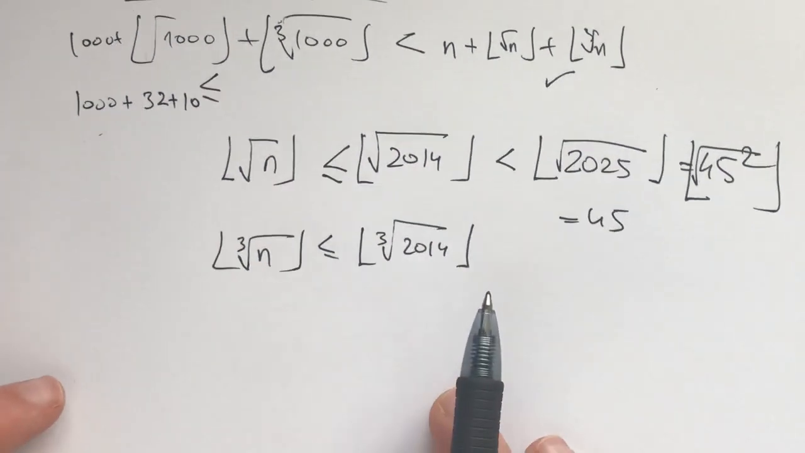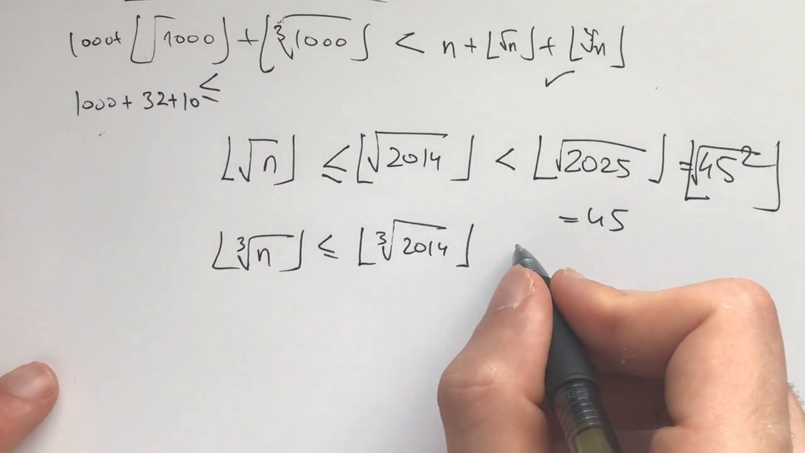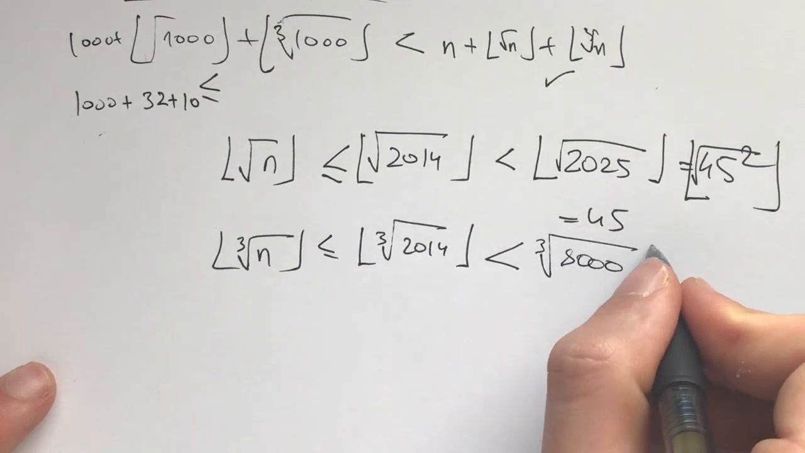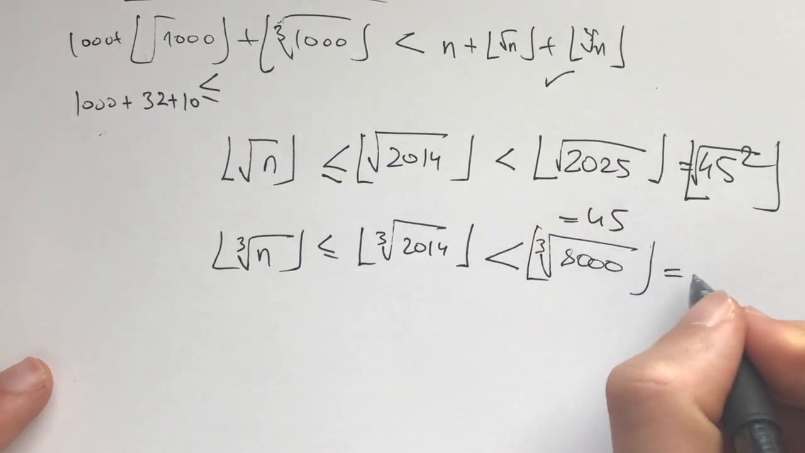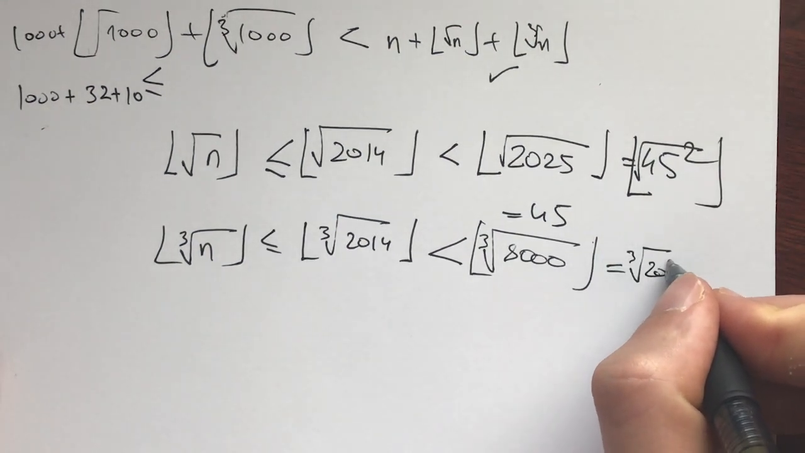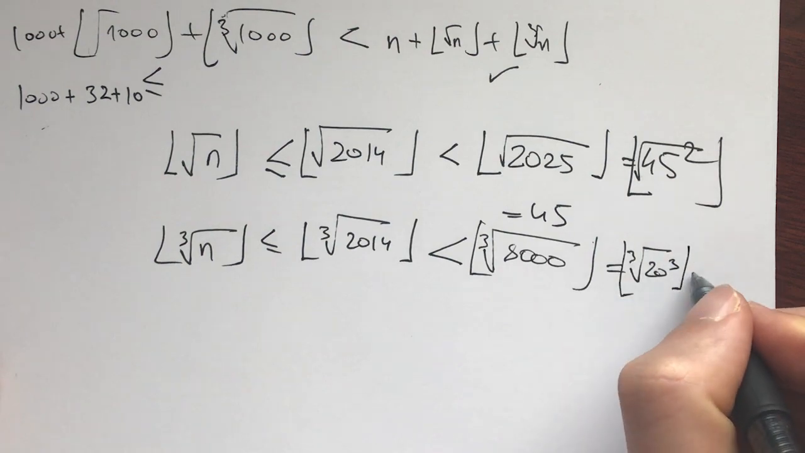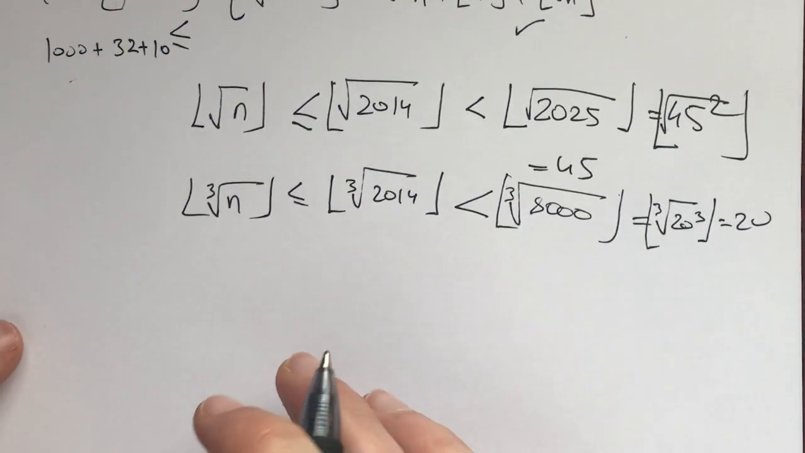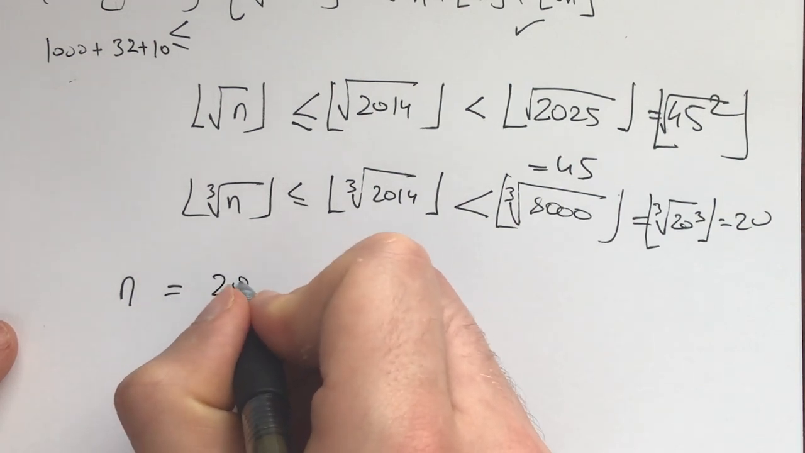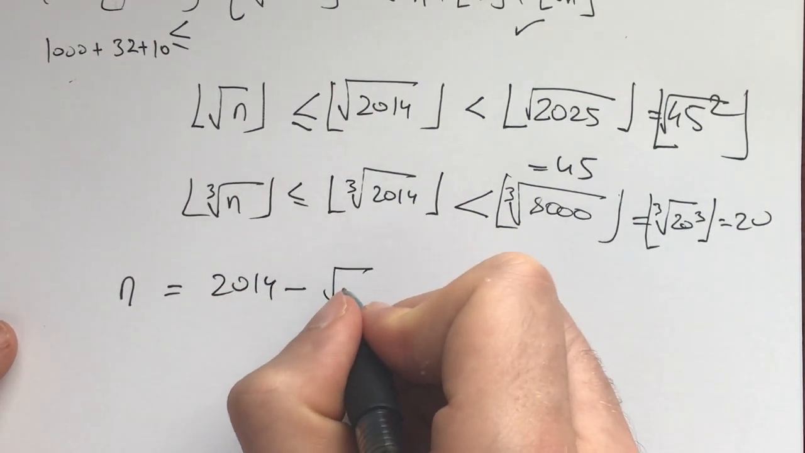Luckily for us, cubes grow quite quickly, so we can even do a very bad estimate and say this is less than the cube root of 8,000, which is equal to what? This is the cube root of 20 to the power of 3, which is 20. So now we know that n, which is equal to 2014 minus this,